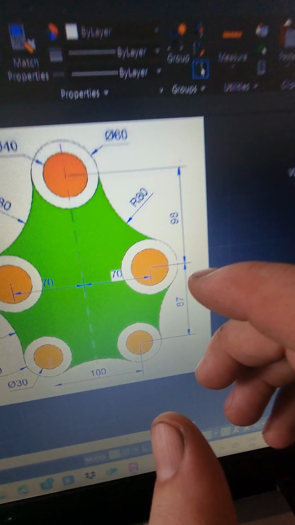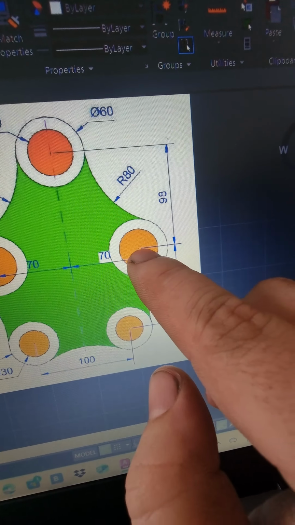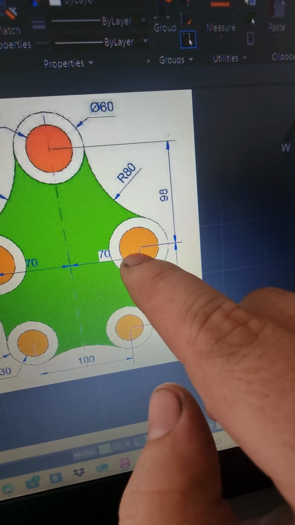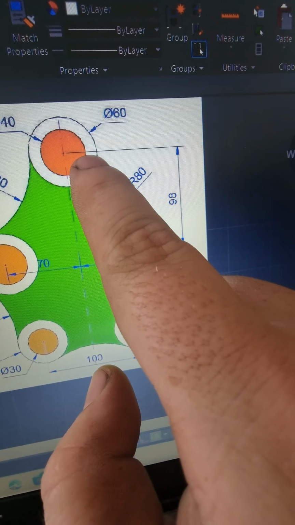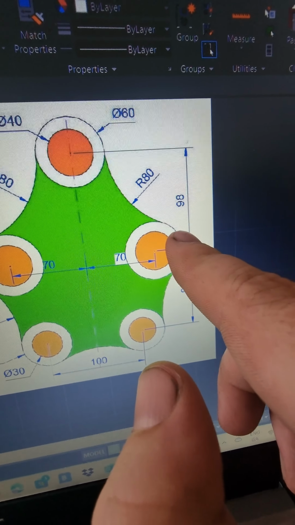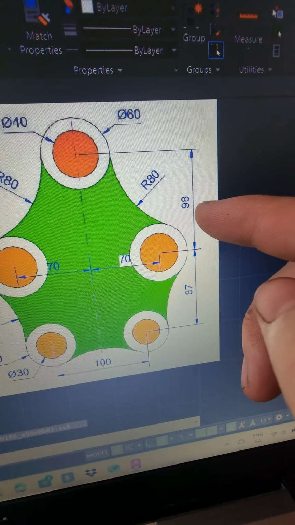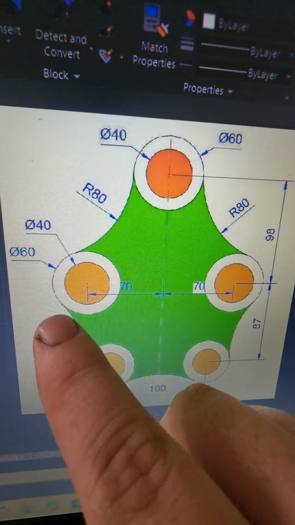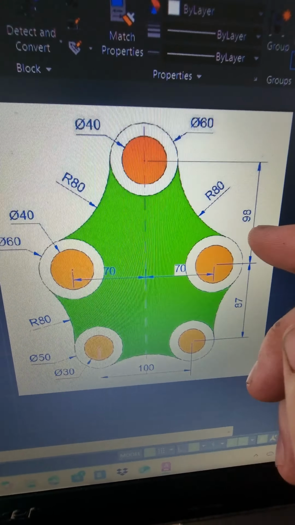And then for the height, we go over here and look, it tells us, so remember before we have that line with the point, and it's telling us, so look, see the line, so that's telling us the distance. Okay, it's telling us the height. It's 98. So it's 70 to the middle and 90